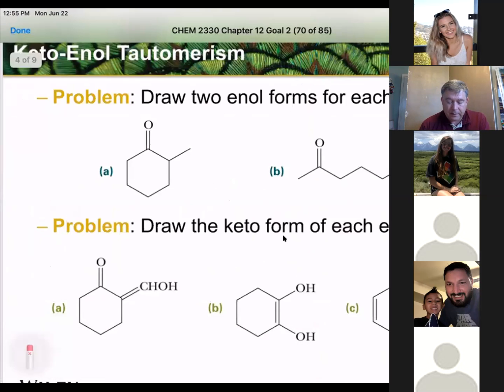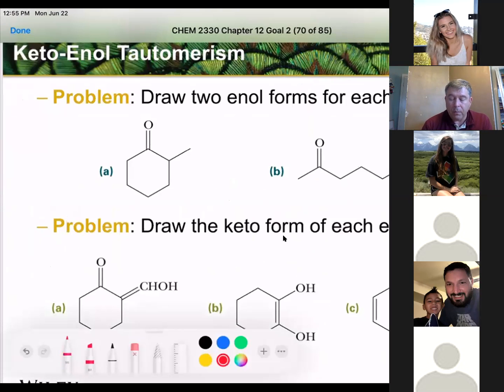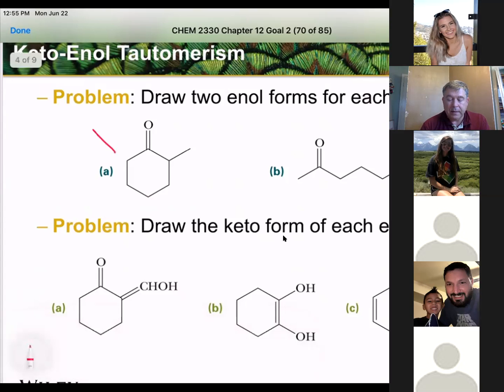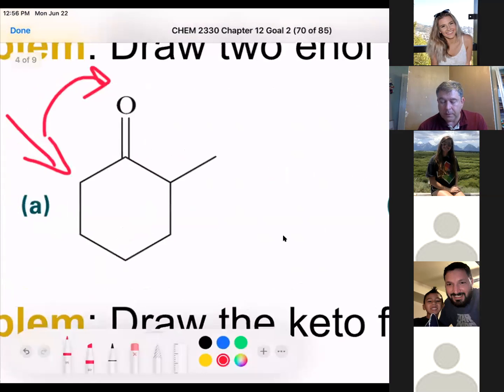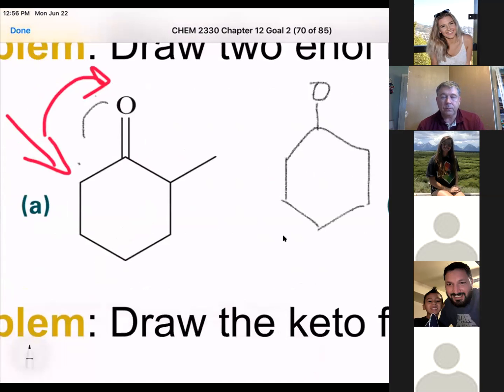So the idea in all of these is that one hydrogen is going to move from the group that's next to the carbonyl to the oxygen of the carbonyl. If we were to draw the enol of this particular compound, we're not going to break any carbon-carbon bonds or carbon-oxygen bonds, okay? But we are going to move a hydrogen from one of these up to the next one here. Okay, now,